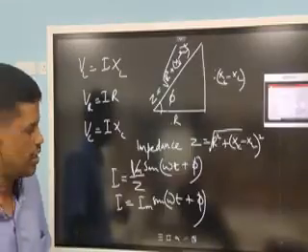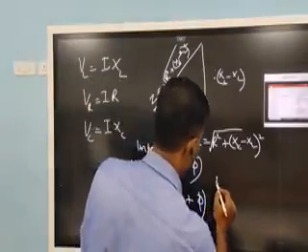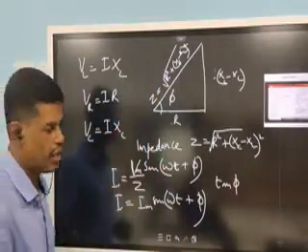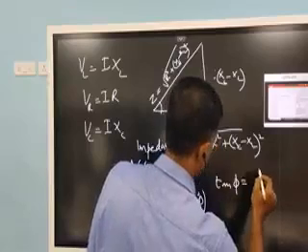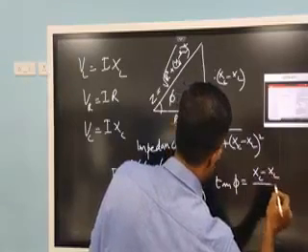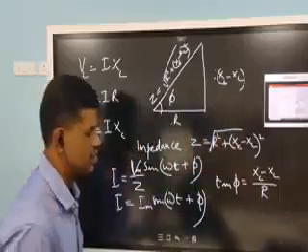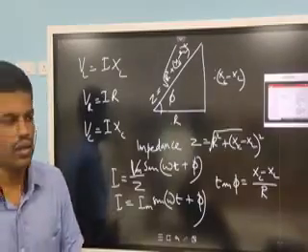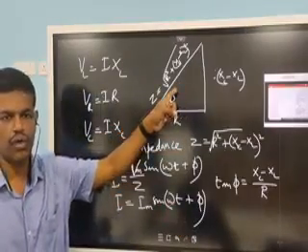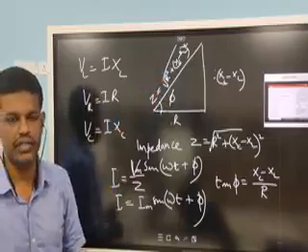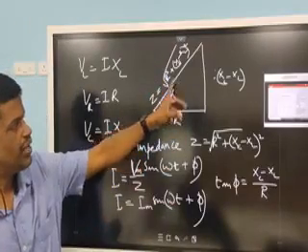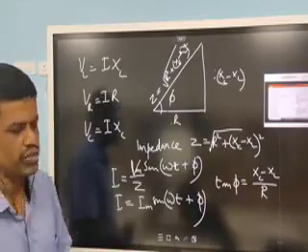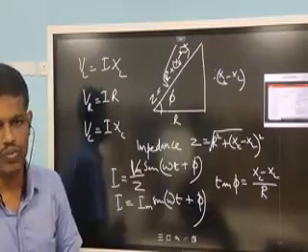Where what is the phase lead? Phase lead can be found from the diagram. Tan phi is equal to (XC minus XL) by R, or phi is equal to tan inverse of (XC minus XL) by R. This diagram comes very handy for calculating various reactance, impedance, etc. This is called an impedance triangle. So current I is equal to Im sin (omega t plus phi). Current leads the voltage by phi.